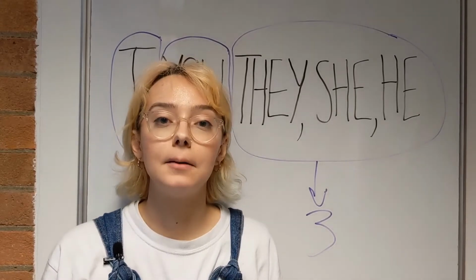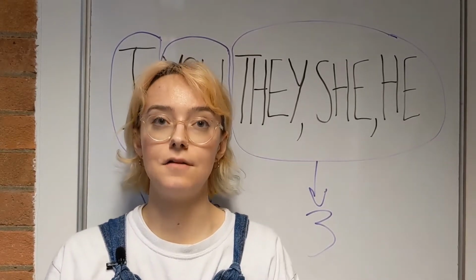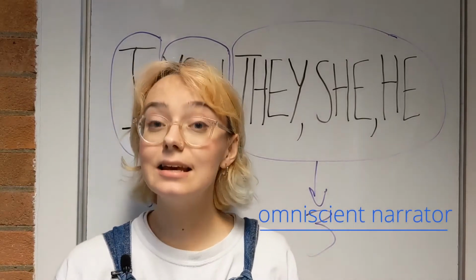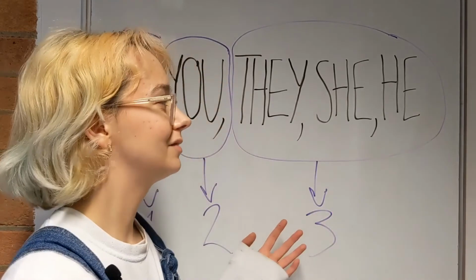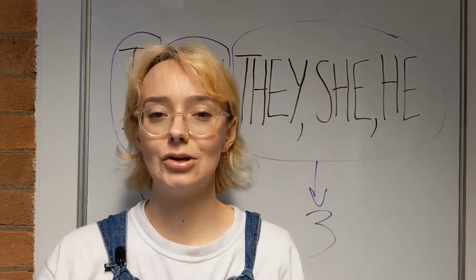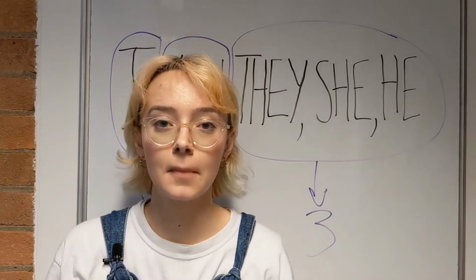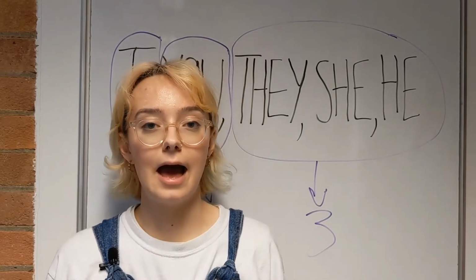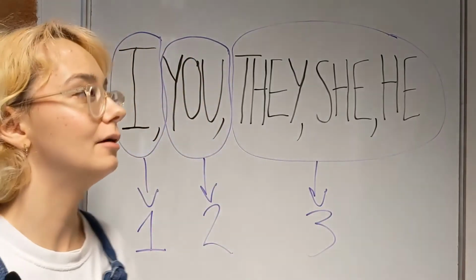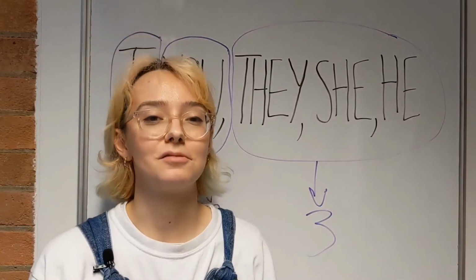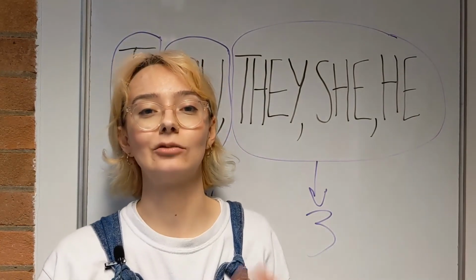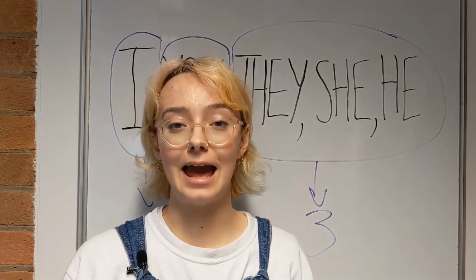And also it's important to note we have instances of the omniscient narrator, and we can often see this through the third person. So this is when we have the narrator who's outside of the story. And then we have the unreliable narrator, which is the I, where we are invited to question the narrator to see if we believe their account of the story.